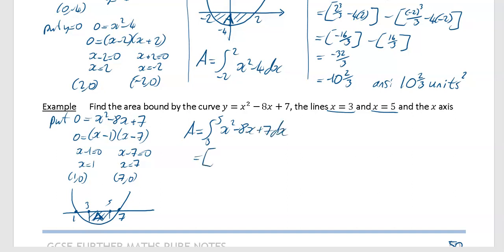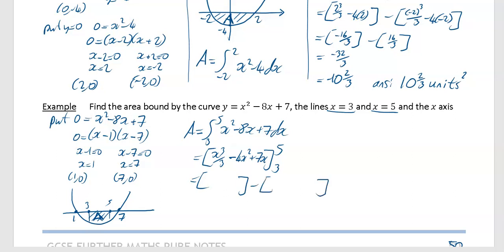So integrate it. This is now going to be integrated. So I'm going to be using square brackets. My limits are on the right hand side. Inside I'm going to have x cubed over 3. 8x integrated is going to give you 8x squared over 2. Sorry, so it's going to give you 4x squared. And the 7 integrated is going to give you 7x. Okay, square bracket